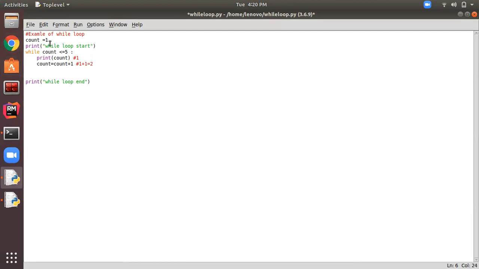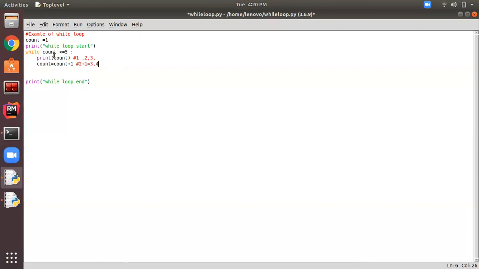See, again it comes to the while loop start part, and here again it compares 2 with 5. 2 is again less, so it's printing 2 here. Then again it gets the new value as 3, previous value is 2 and adding 1 to it, so the new value is 3. Again it's comparing 3 with 5, it's less, so it's printing 3. Then similarly in the next iteration, after increment we get the new value of count, 4.